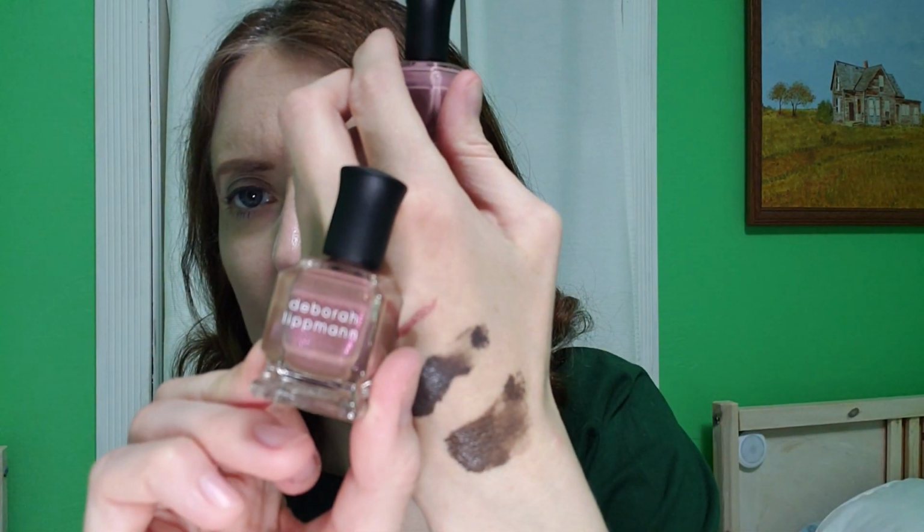The next item we have is from Deborah Lippmann. It is a duo of nail polishes. This color is Oh Donna, and this one is Modern Love. I really like the look of the Oh Donna here. I think I will probably be trying that one very soon. The Modern Love color